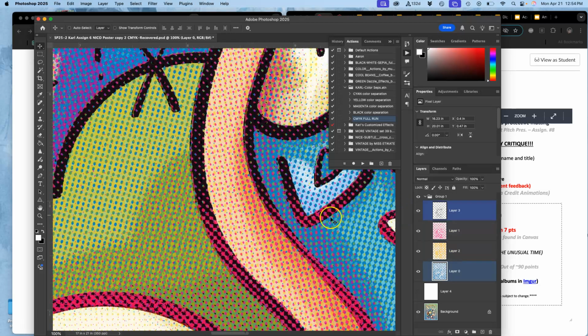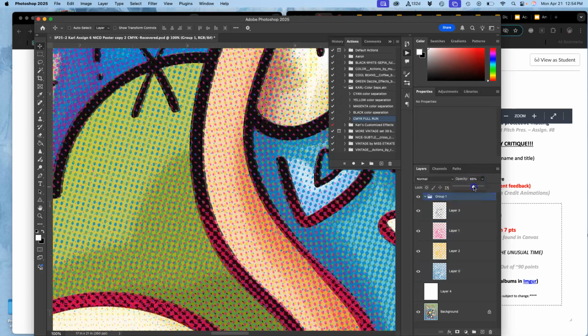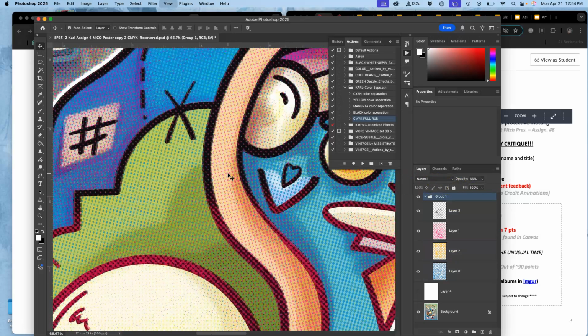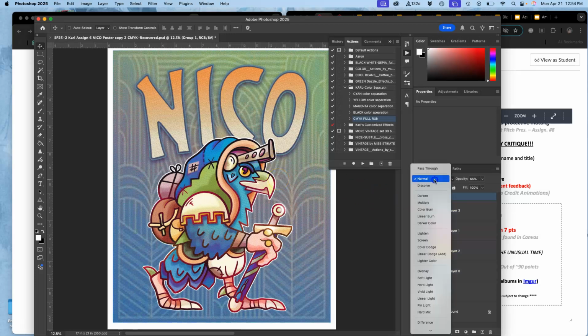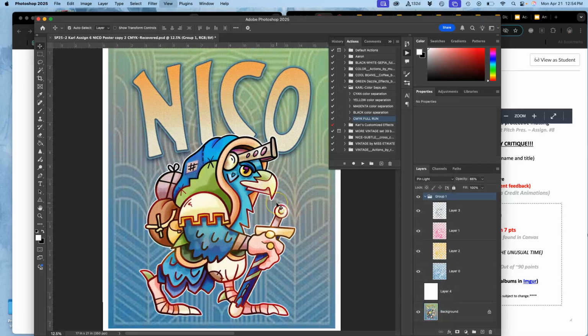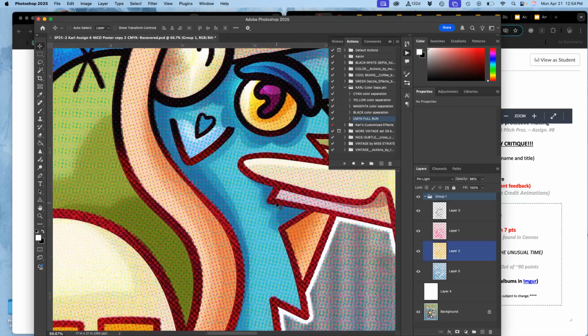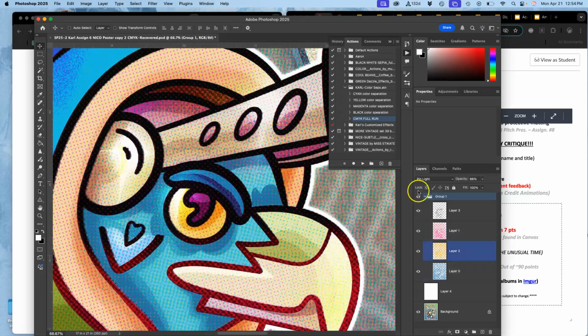Okay, now that's obviously really strong. I don't want it to be at 100% normal. I want to take it down maybe to about 66. And then I want to blend it in, because right now it's just kind of darkening my original poster, right? But it gives it a lot more oomph. But I'm going to take it down from normal mode to pin light. And what I like about pin light is that it will kind of sink those dots into the original inks or the original image. And then I can say, well, if that looks too strong,